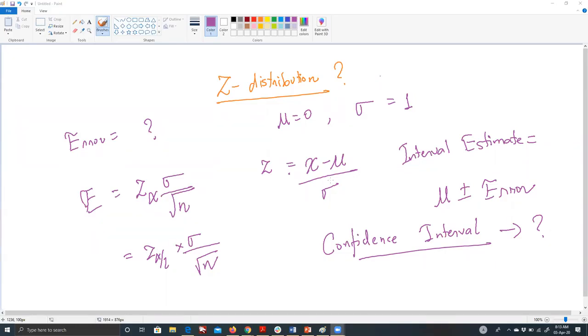Okay, so it is represented as, say, 90% CI. If someone says 90% CI, that means 90% confidence interval. What does it mean? 90% of the samples follow the